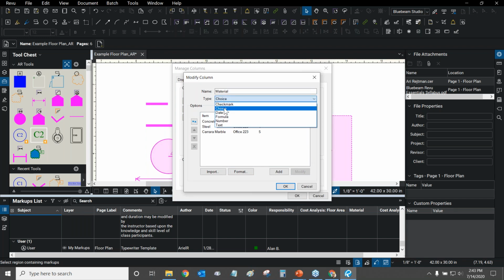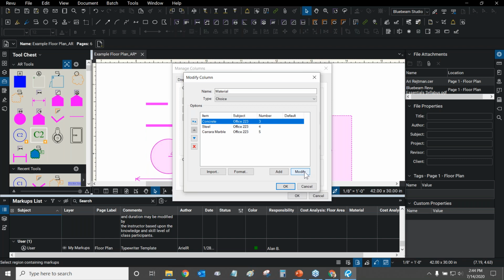It's a choice column. We have different kinds of columns that we can make. Columns with formulas are quite handy, and I'll show you how those work soon. And I've made 3 materials here. I've also set their subject to be something quite different. Instead of just having a regular subject, like I could make the item the same as the subject if I wanted to, I decided to have them all associated with the same location on my drawing. So they're all associated with Office 223. And they're all a little bit different.